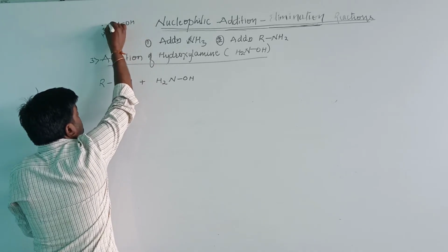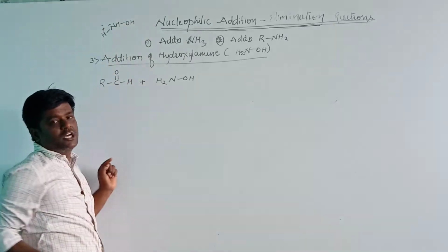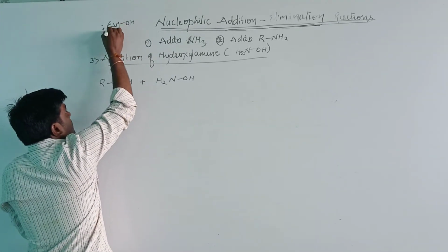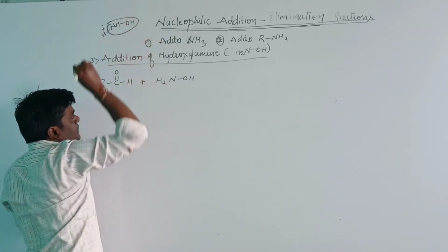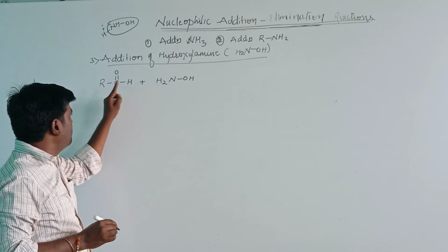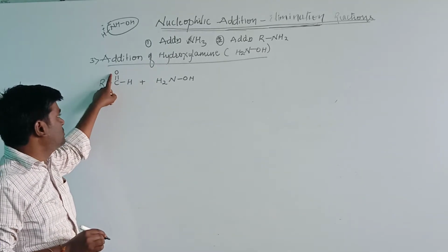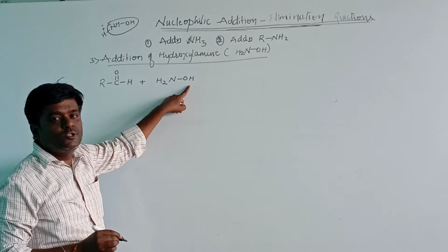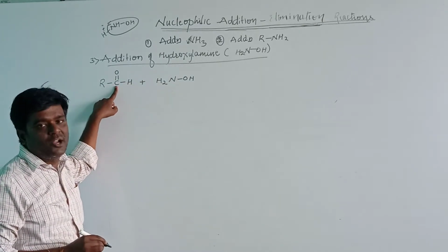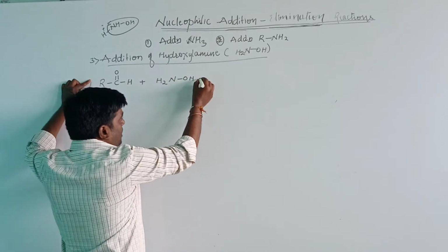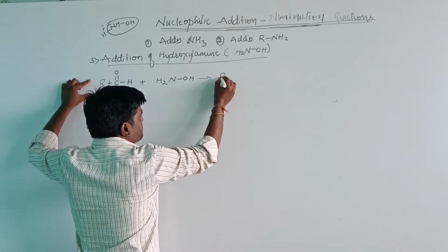This is a positive charge and this is a negative charge. This much will act as a nucleophile and this much part will attach to here. One of the hydrogen will be added to the oxygen and the remaining part acts as nucleophile and is added to the carbon atom. And it will undergo the addition reaction,